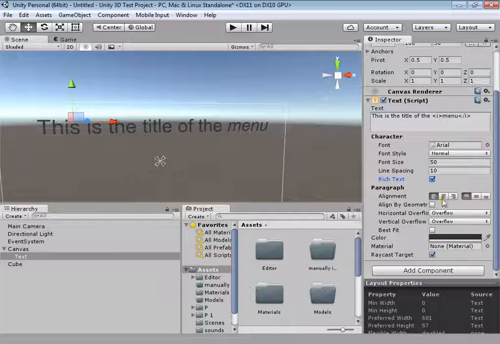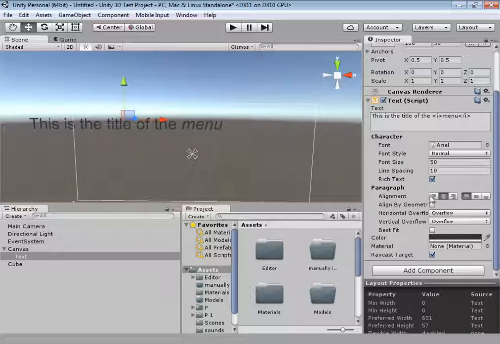You can set the alignment here like this. You can also set the vertical alignment. You can also leave it to automatically align by the geometry. As I said, that is what the horizontal and vertical overflow does. Now here you got an option that says best fit. What it does, it will automatically set the font size and the spacing